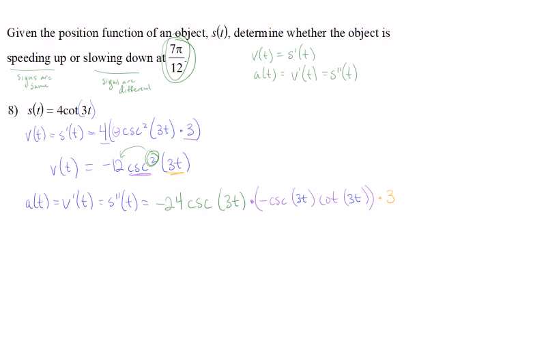Now I'm going to clean this up a little bit. I'm going to multiply the coefficients together: 3, negative 1, and negative 24. That's going to end up being positive 72. Negative times negative is a positive, and 3 times 24 is 72. Then I have